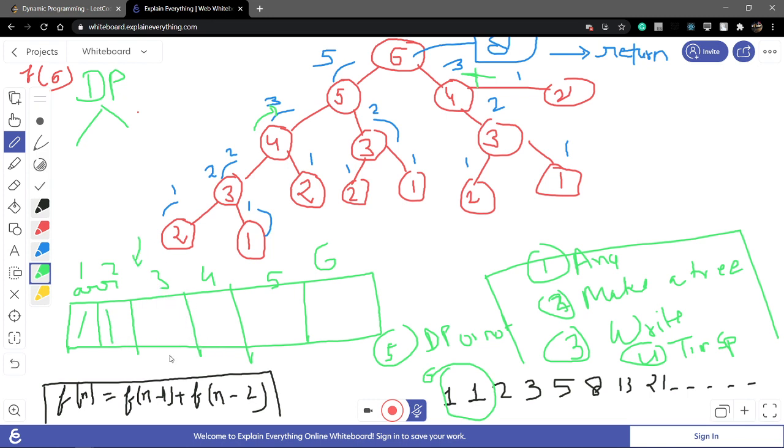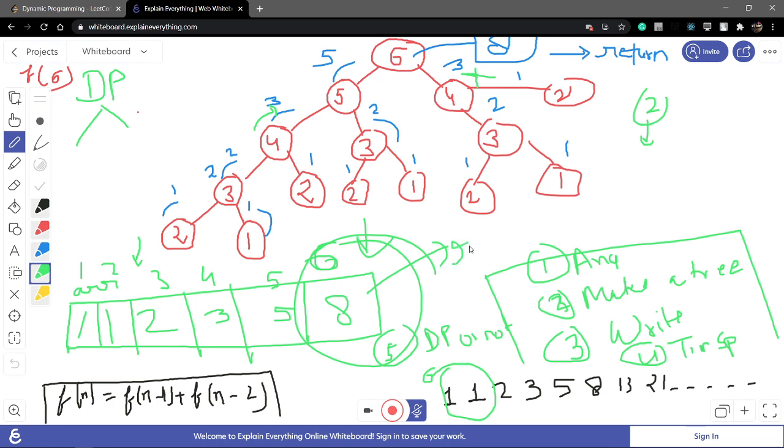So what is the third element? The summation of the previous two elements. And the previous two elements are already fixed in the array. So directly array of i equals array of i minus 1 plus array of i minus 2. And this 3, this 5, this 8. So this comes directly from the bottom, and I already know the sixth element, and they return array of 6. This is bottom up.